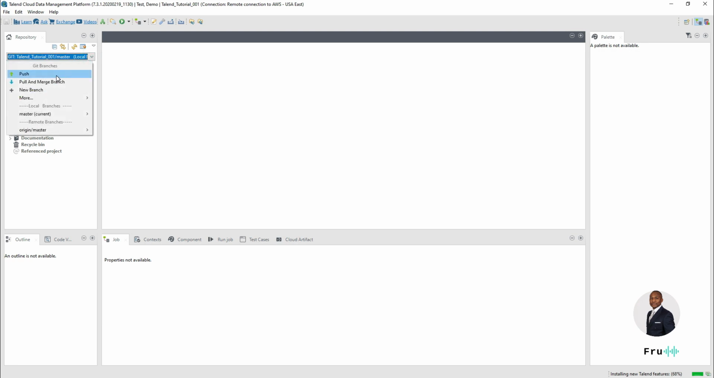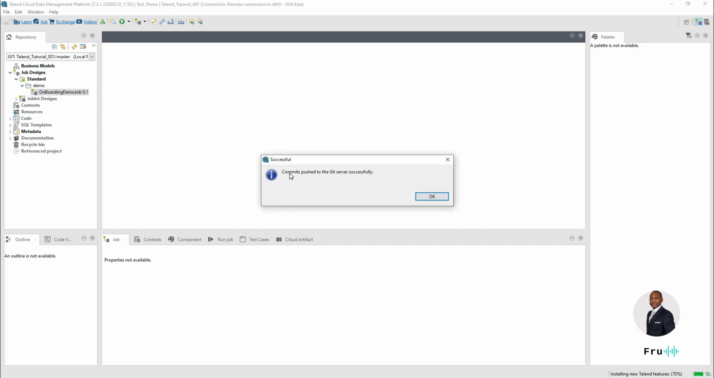So let's go ahead and do that. I'm going to push that. This is going to build that job, and it says commits pushed to Git successfully. So whatever change I'm doing here should now be in Git. Albeit this is a very simple, basic, trivial job, but if you had a more complex, more sophisticated job, the same thing happens. So let's switch over